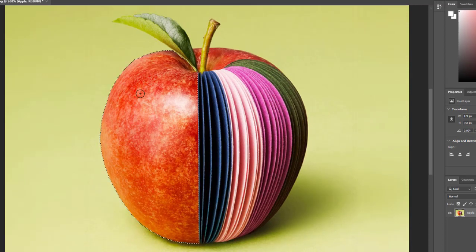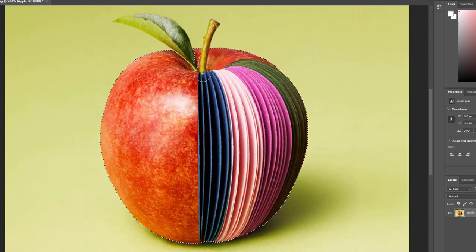Now, since this is a fairly large image, if I want to increase the size of that tool, I can actually use the bracket key at the very top of my keyboard, the right bracket. You can go ahead and click that, and that will make that bigger. Or if you click the left bracket, that will make that smaller. So if you do have a large image, a large area that you need to select, you do not have to work with a small tool. You can work with a fairly larger tool if you need to, and you can toggle that